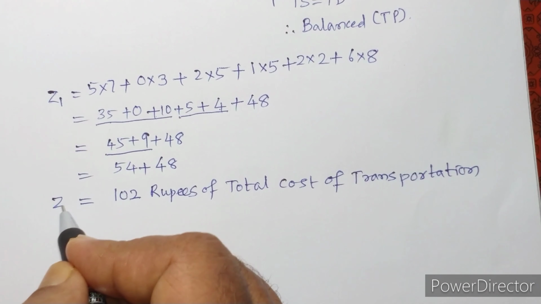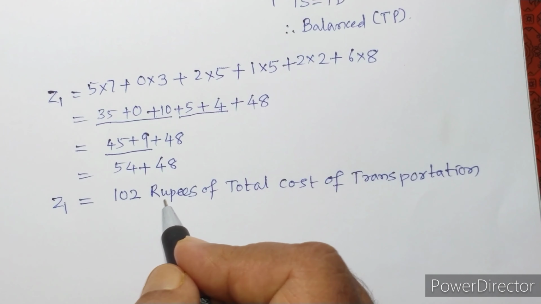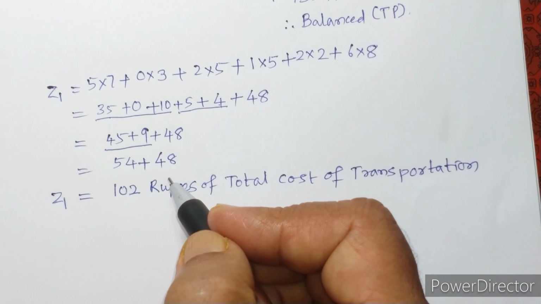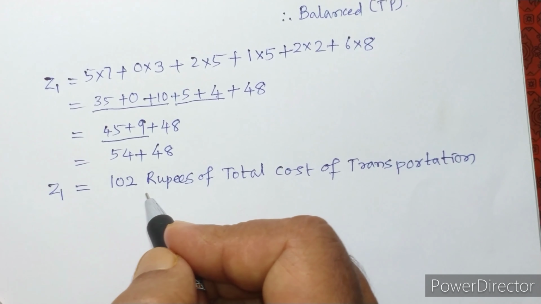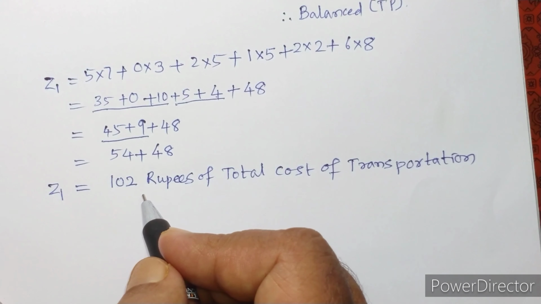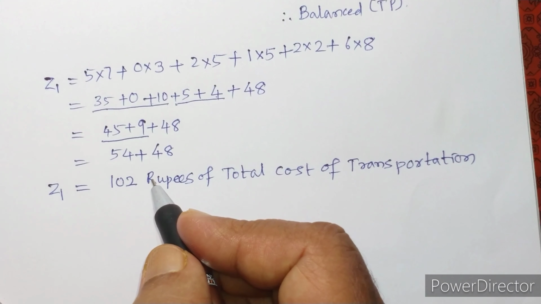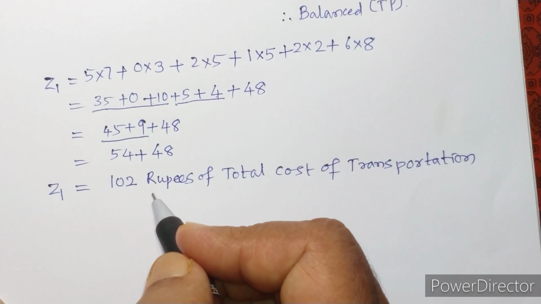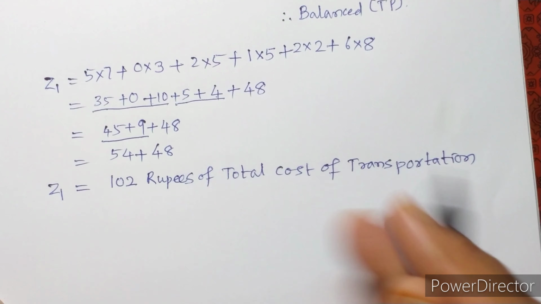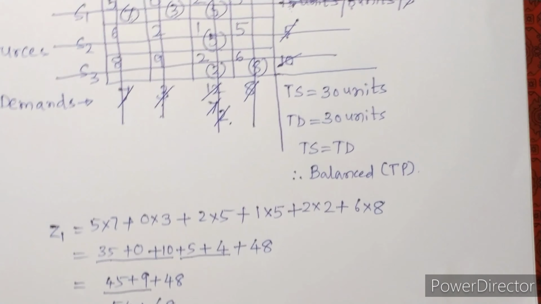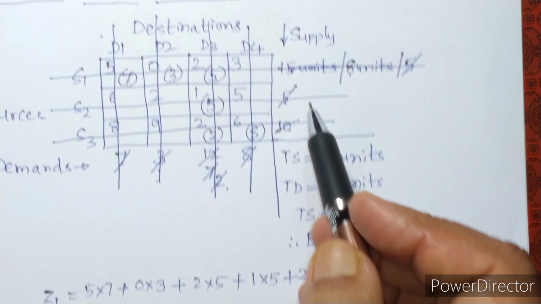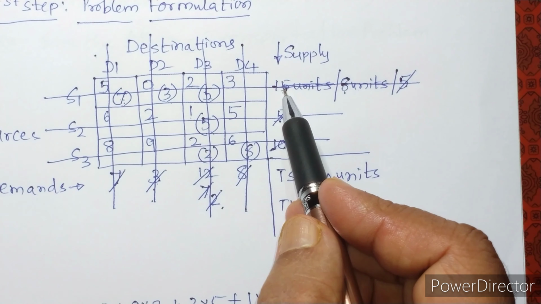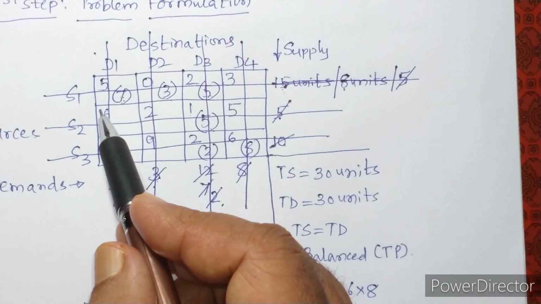This is Z1, the first solution to the problem, and on this the optimality test is conducted and we have to arrive at the minimum total cost. So actually all these problems are to be solved to get the minimum transportation cost of supplying all the units produced at the different production units of the company to the different dealers who have demanded the product.